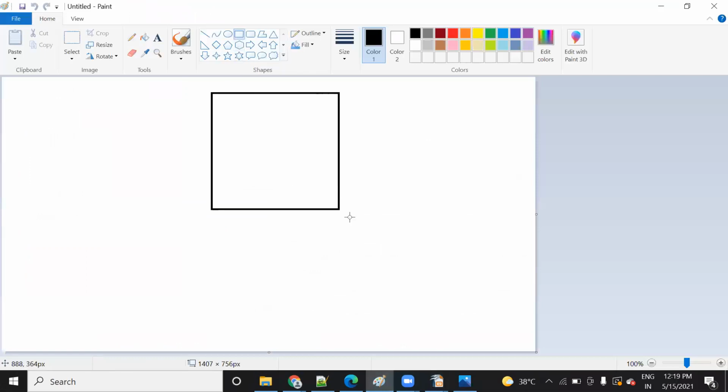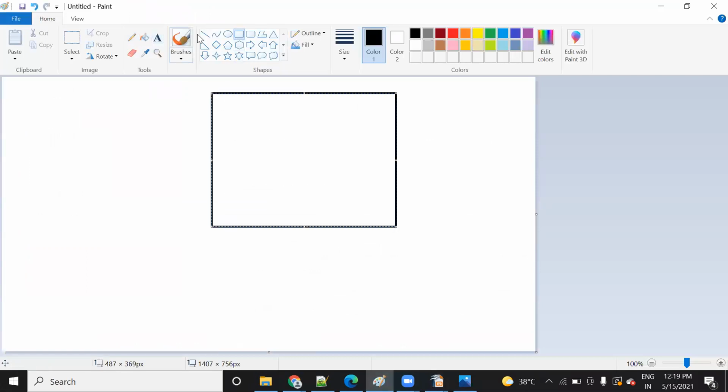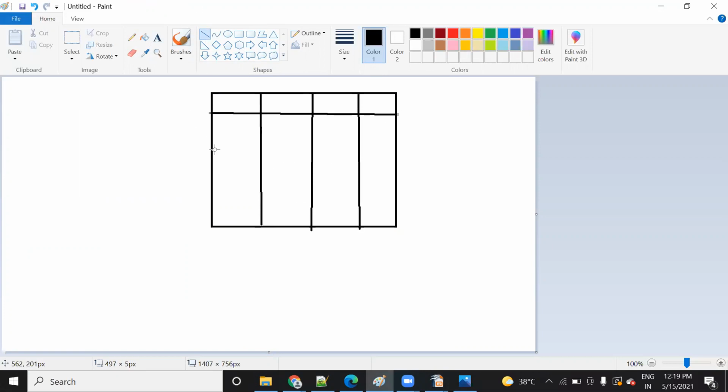you have one table. Inside this table, you have some columns. Suppose you have some rows of data. I'm taking a random example.